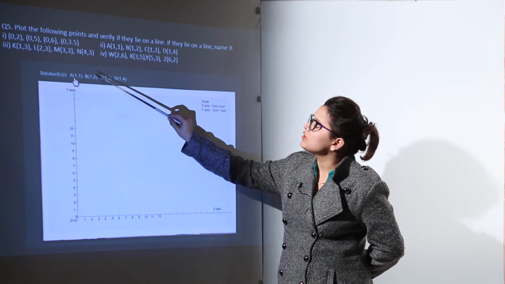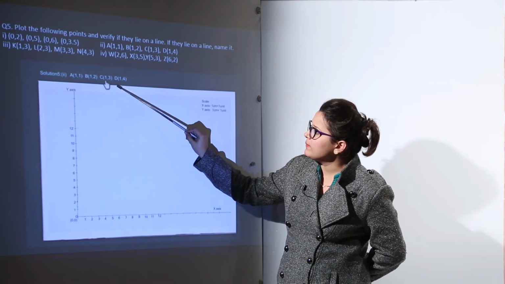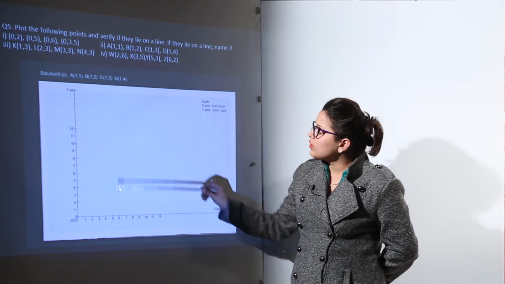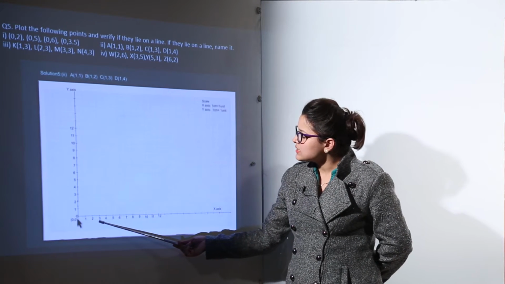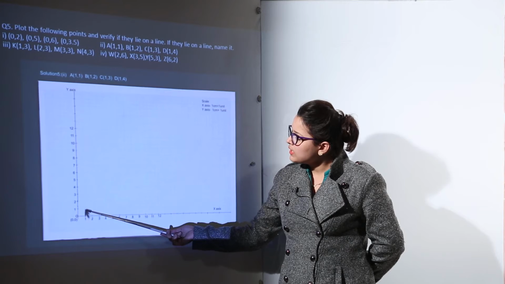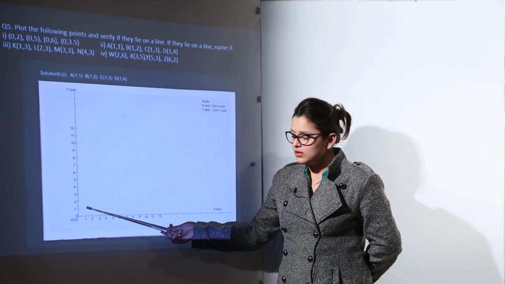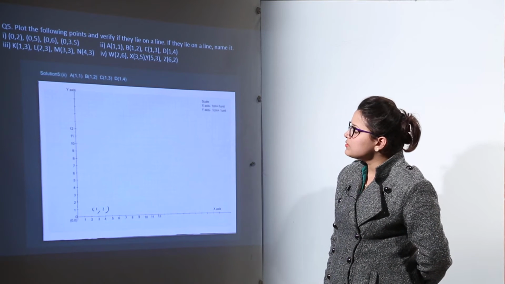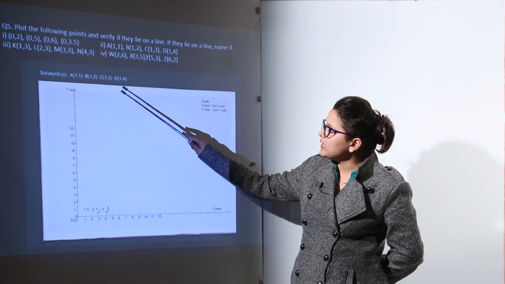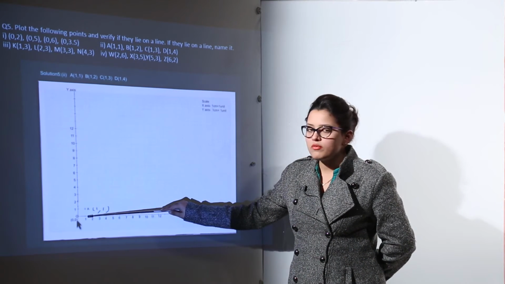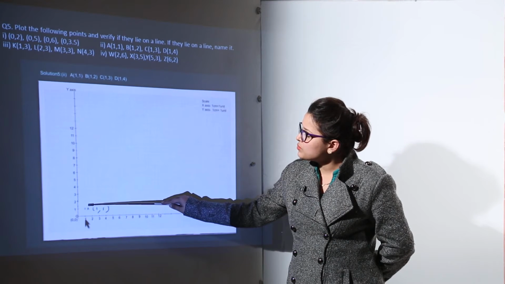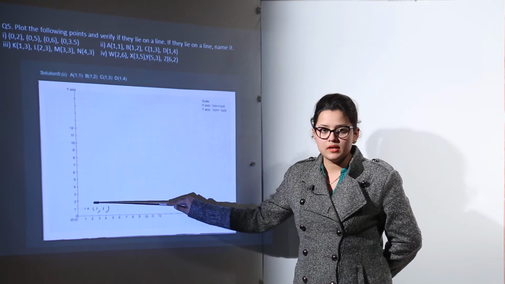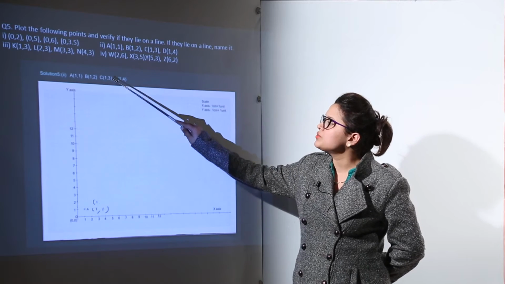The second part says you have to plot point A, B, C and D having the various coordinates. Now let us start the point A. For plotting point A, we will go on x-axis at 1. From 1, we move to the y-axis having 1 and that makes our first point A, right? Similarly, we will do the next point plotting, that is point B. You start from 1 of x-axis, move up to the 2 of y-axis, which is this point. So we name this point as point B having the coordinates (1, 2).